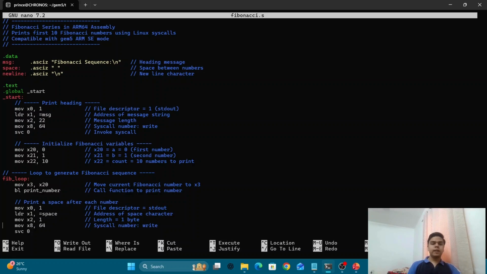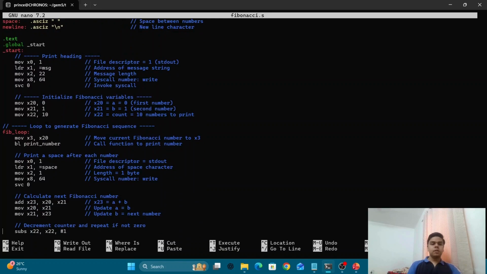This structure shows how direct low-level hardware interaction works with ARM systems. Now we will be initializing the Fibonacci variables. We are setting up three registers: X20 for the first number initialized to 0, X21 for the second number initialized to 1, and X22 for the loop counter, which we set to 10. These registers act as fast access storage, since in RISC design every operation is performed directly on registers rather than memory. The execution is done with load and store functions.